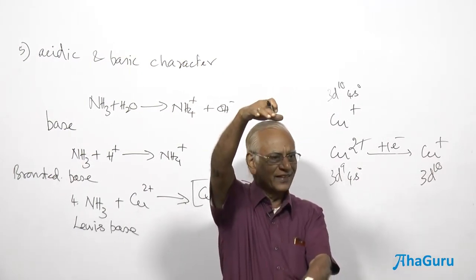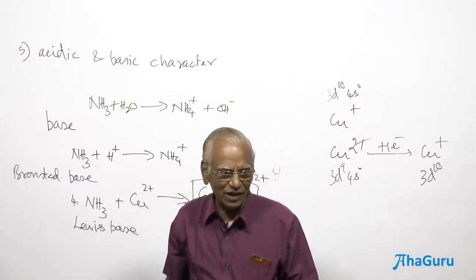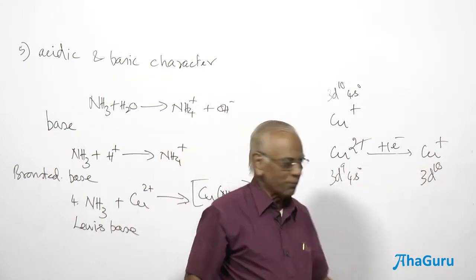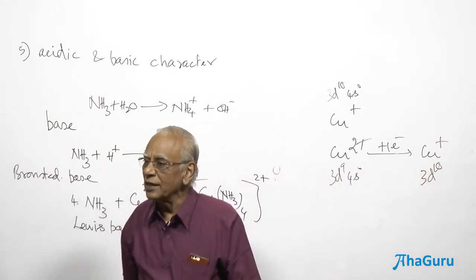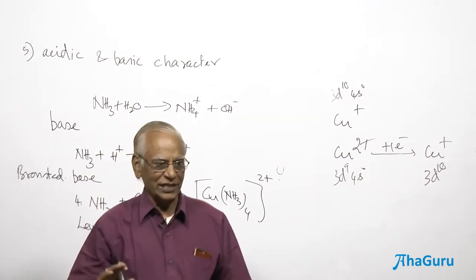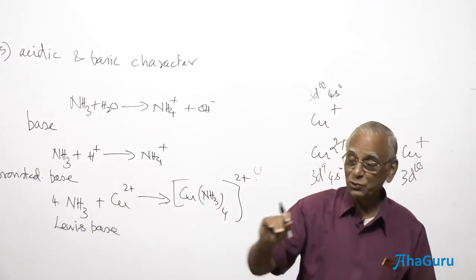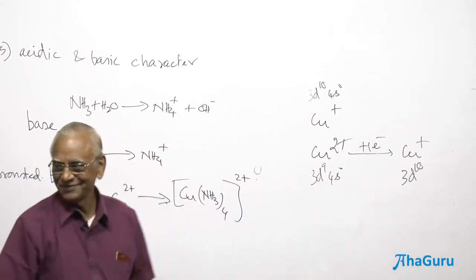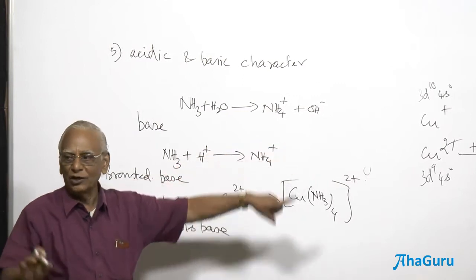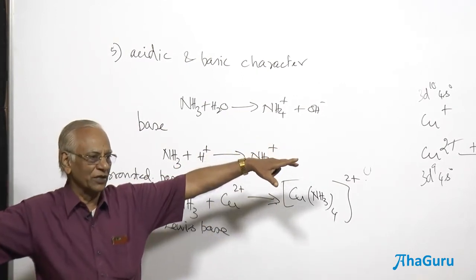Make a note of it. It was less stable. From a less stable state to a more stable state, energy is given out. It's a more spontaneous process. Between these two, which will have attraction towards ammonia, Cu2+ or Cu+? Cu2+ only. Now you understand why Cu2+ is an electron deficient species? Would you expect ammonia to react with Cu+? No, this is already stable. Cu+ is not an electron deficient species at all.